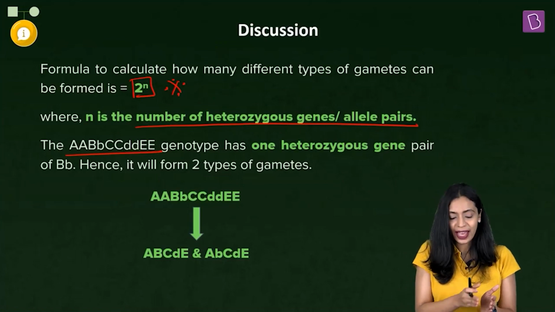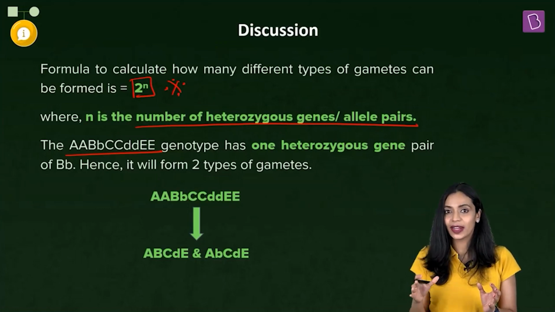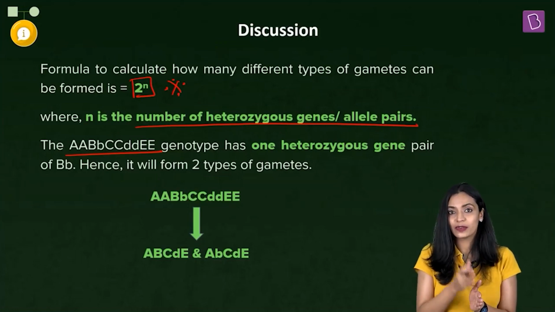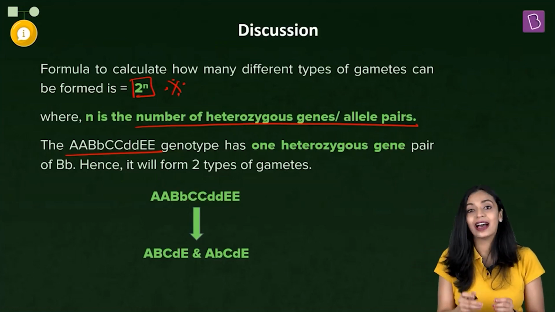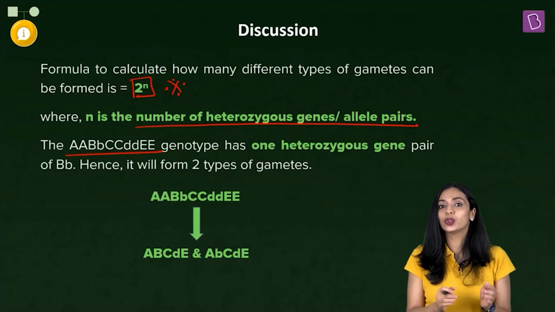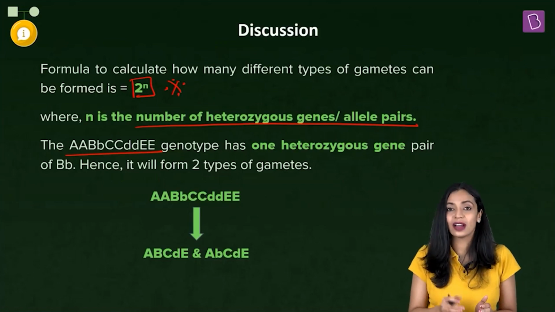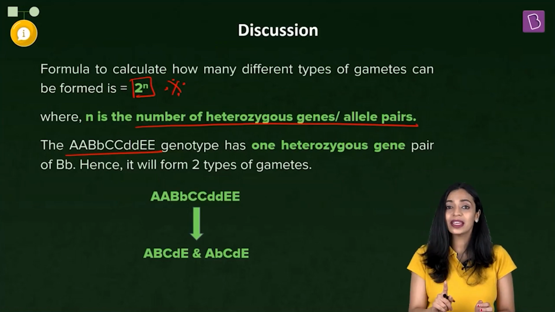As you can see, every alphabet is repeated twice, right? So that is the alleles for a particular character. Each character is governed by 2 alleles. There will be 2 alleles or a pair of alleles for every character. So that is why we have 2 alphabets of the same type. Now, what we have to look at here in this genotype is how many of the genes given here are heterozygous, which means it should carry a dissimilar pair of alleles. Both the alleles should not be of the same type.